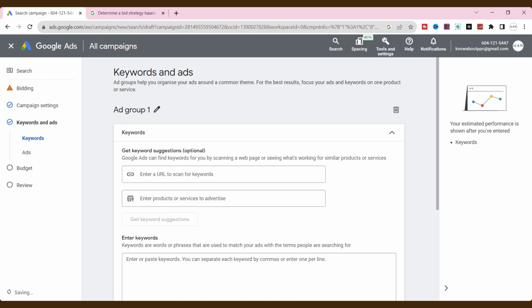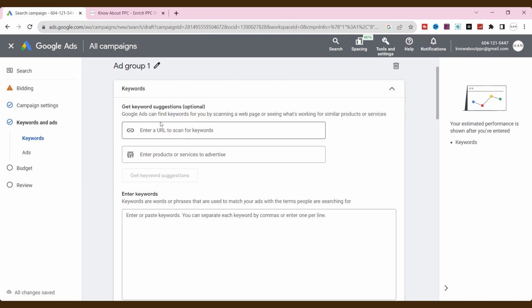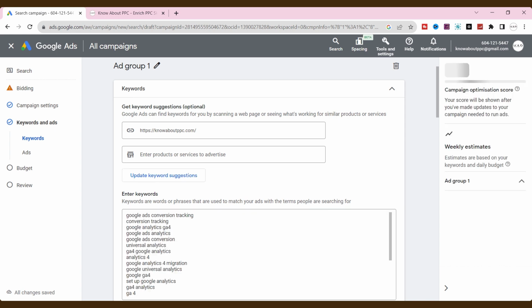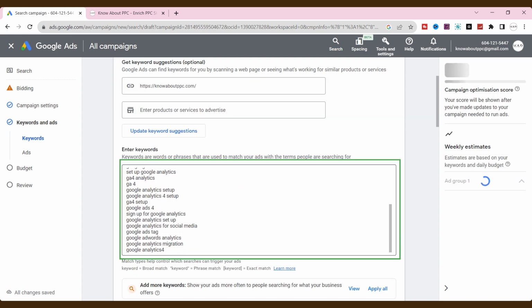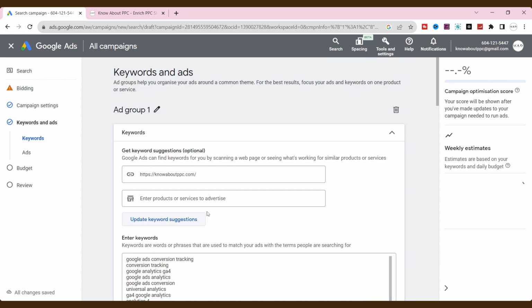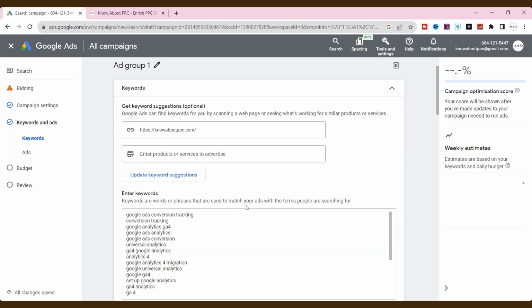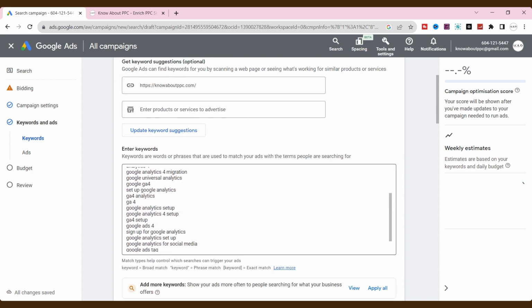Let's get into ad groups for creating keywords and ads. You can create keywords that people are searching for in two ways. One is the automatic way, and the other is the manual way. If you place your target page URL here and click Get Keyword Suggestions, Google will give suggestions and list out the keywords automatically based on that targeting website page. If you want to place keywords manually,